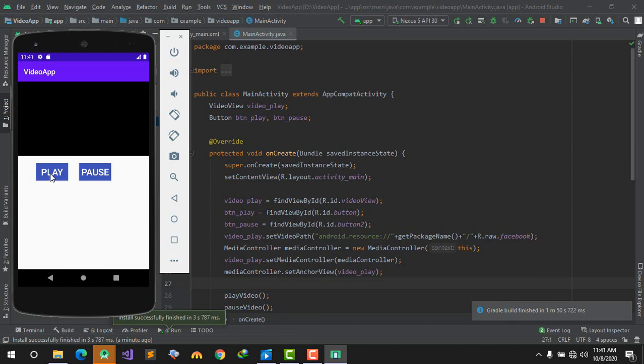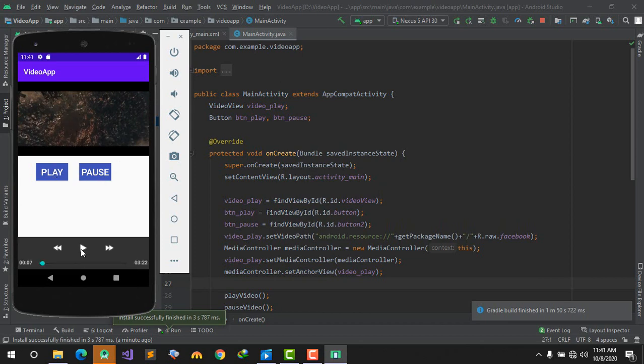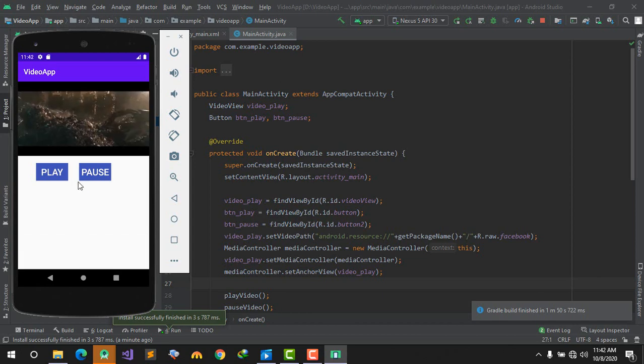Just we are going to click on the play button. If we click on the play button, the video will play. Here you are looking. Oh, this is great. When we click on the pause button, the video will stop. And here we have the media controller. When we click on the media controller, the video will replay. And when we click on the pause button, the video will